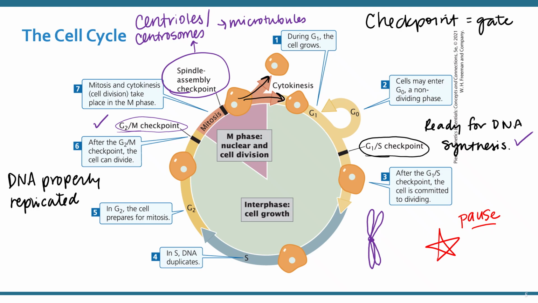Or just something small that trips up the cell. Great, the cell can pause, finish everything it needs for that G1S checkpoint or finish replication, whatever, and then it can continue. If it is a big deal, it can also stop the cell cycle,